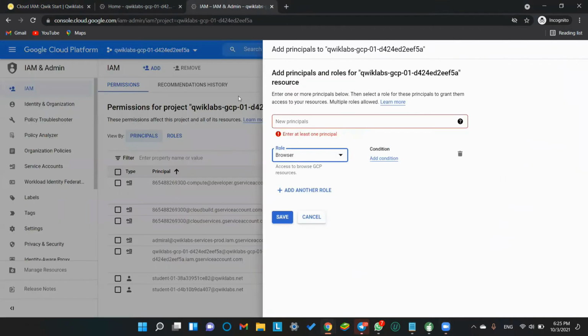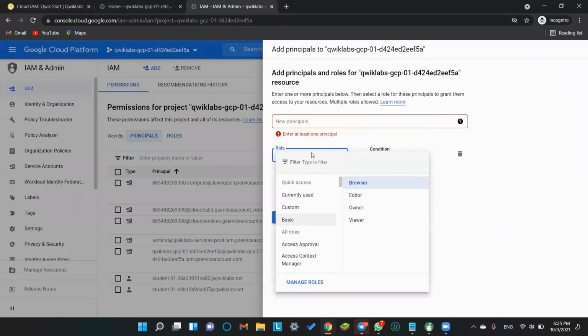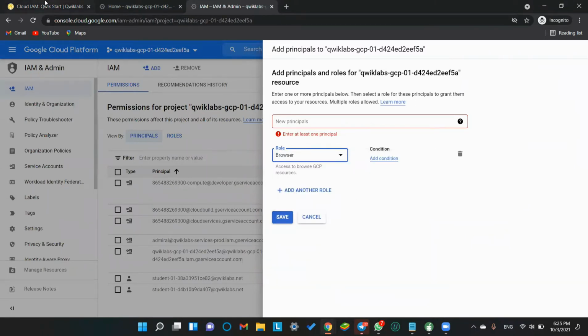So it is just basically saying to have a look at all the roles. The roles are browser, editor, owner, and viewer. Okay, we just had a look.